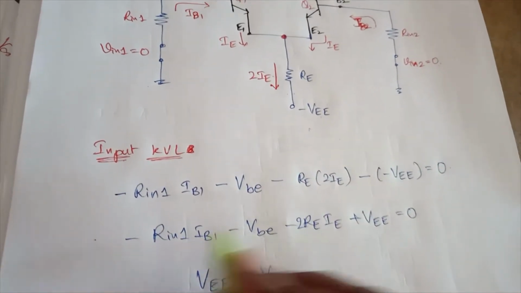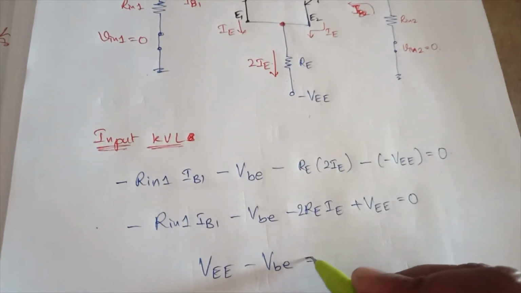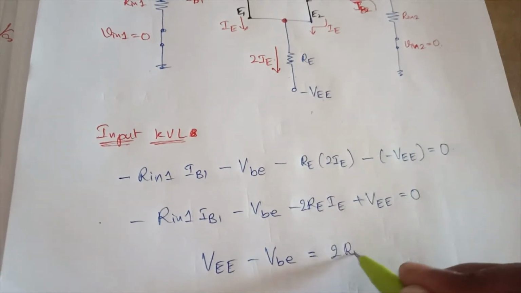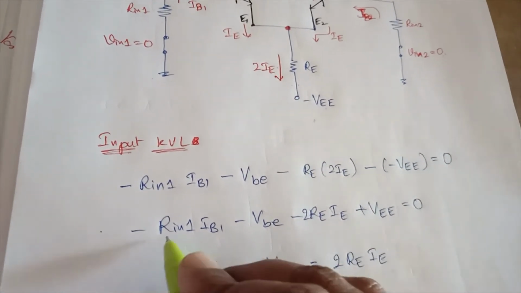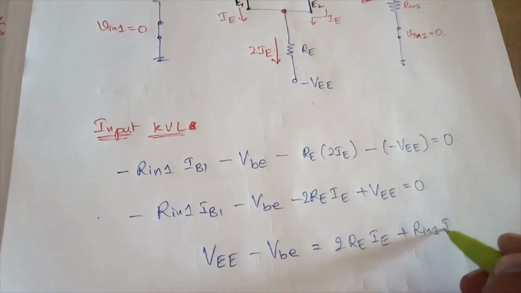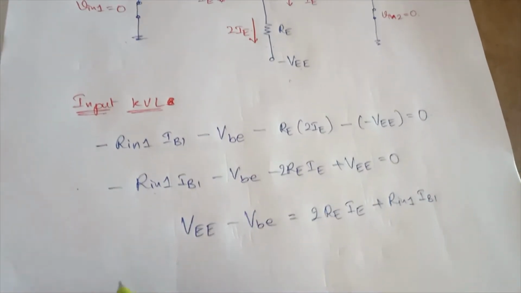Take these two terms to the right hand side, then it becomes minus 2RE IE becomes plus 2RE IE, and this minus becomes plus Rin1 IB1. So now we are getting the equation like this, but Rin1